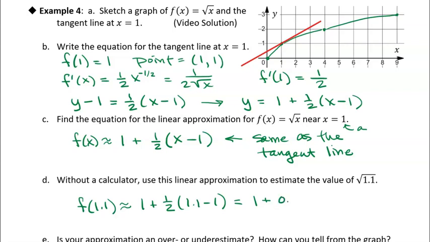1/20th is 0.05. Or I could just say 0.5 times 0.1 would be 0.05. Or you could use your calculator, but it says without a calculator, so sometimes that's a little challenging. But we get 1.05. Probably the easiest thing to do is just 1/2 is 0.5, and 0.5 times 0.1 would be 0.05. So that's our approximation of